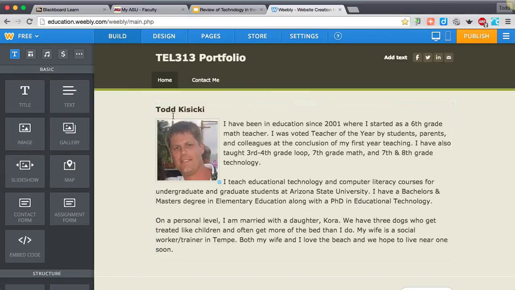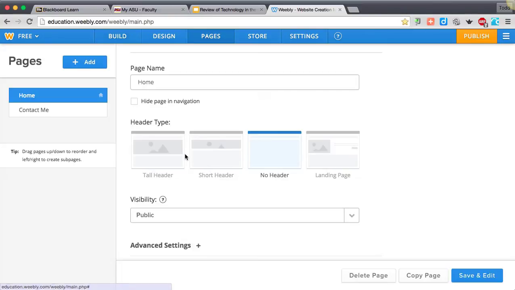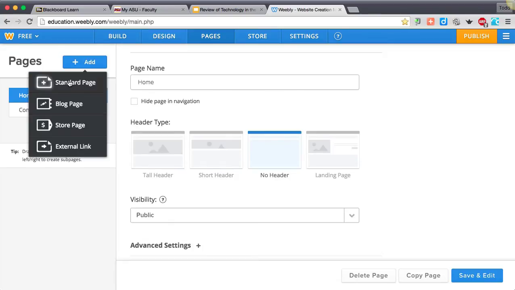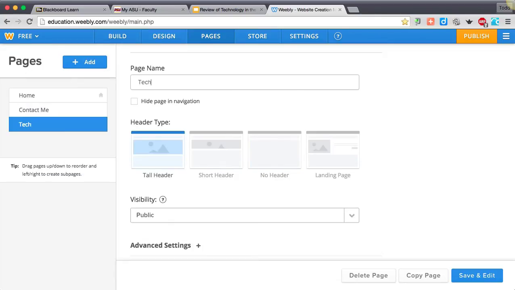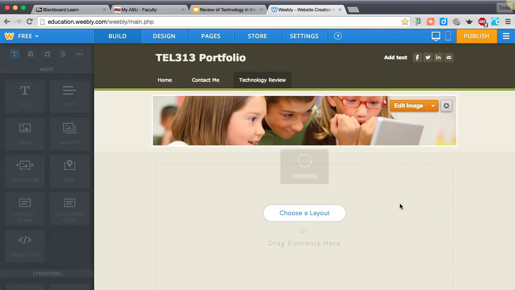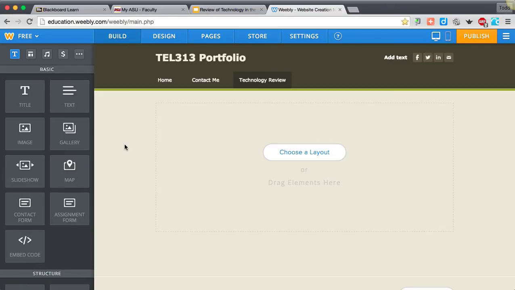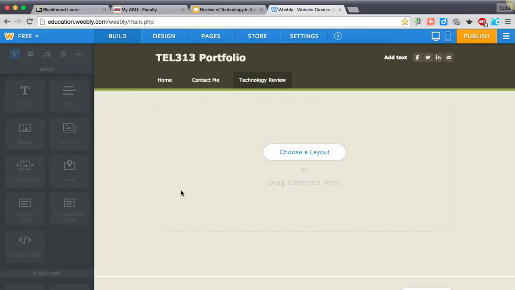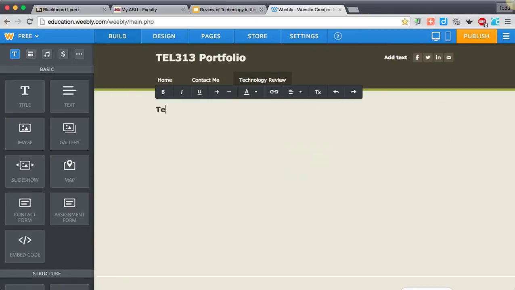But first, let's go into our Weebly and we will create a new page. I'm going to do a standard page here, and I can call this technology review. Okay, choose your settings, save and edit. That brings you to a blank page here. Now I'm actually going to just say no header. I don't like that header, so I'm going to choose none. And what we want to do is first drag over a title. So I can title this